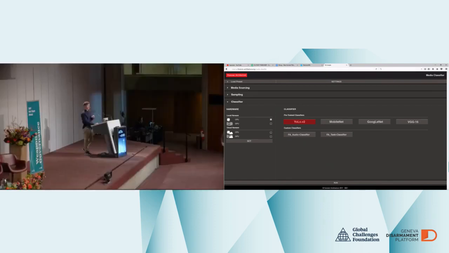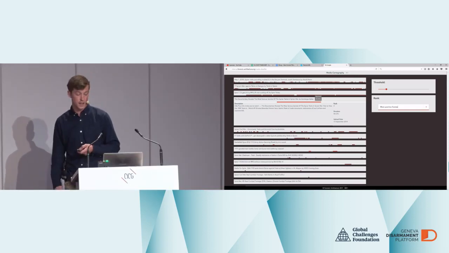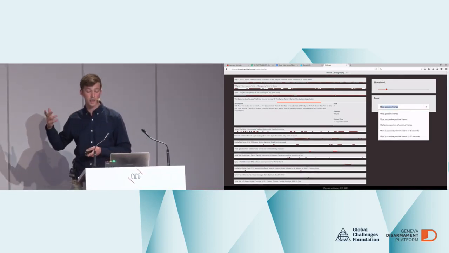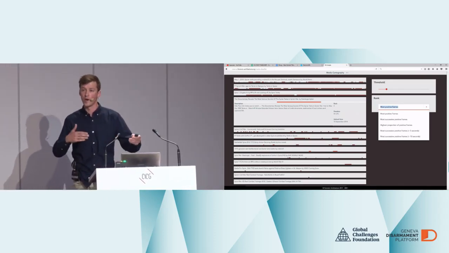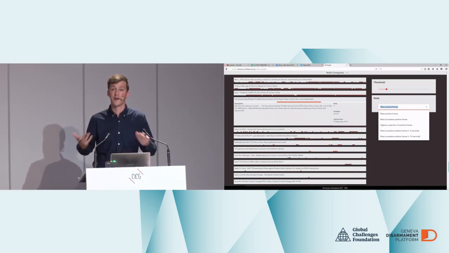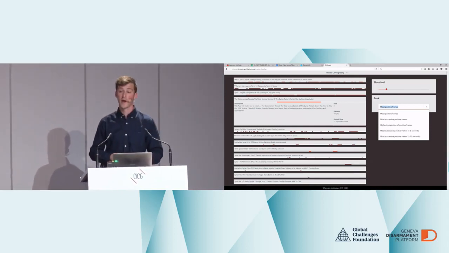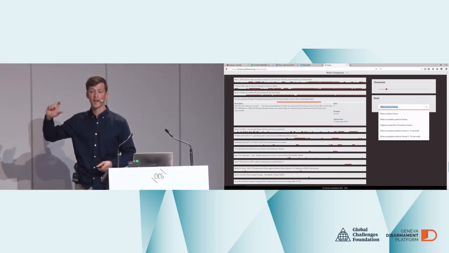mtriage will process the media and return a prediction score for every frame of each video as to whether or not that image contains a tank. And those predictions are then returned in a graphic user interface that looks a little like this. A researcher is able to order videos according to different ideas of what's most relevant, and you can also modify the threshold at which the classifier suggests that a tank is there if we want to be more or less accurate.